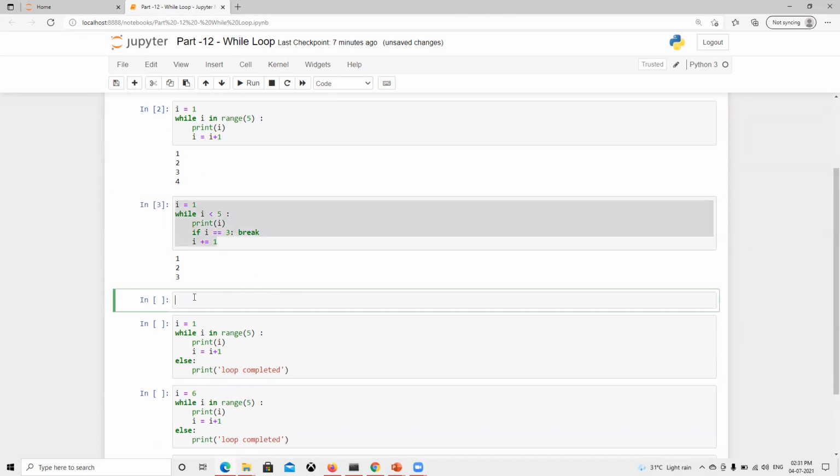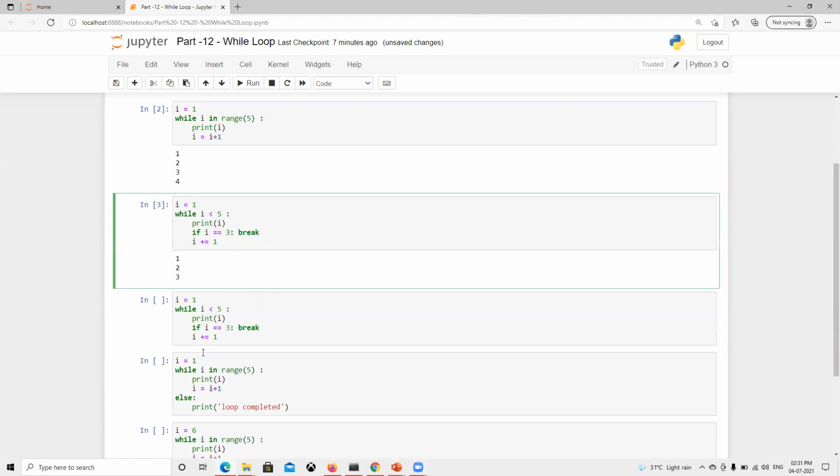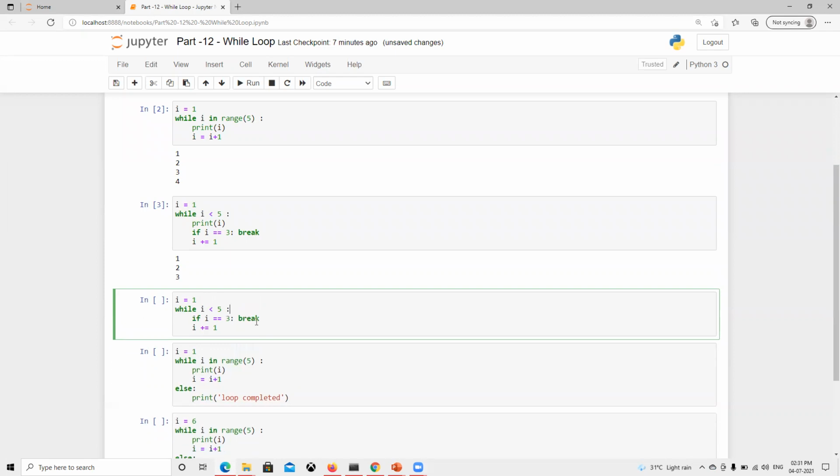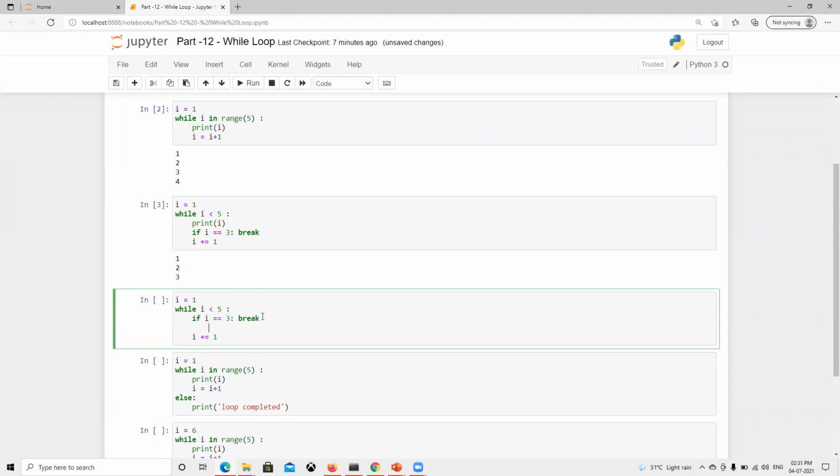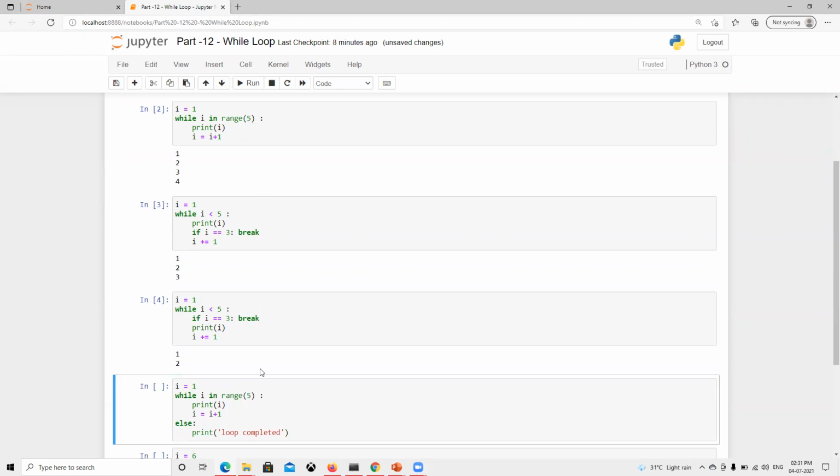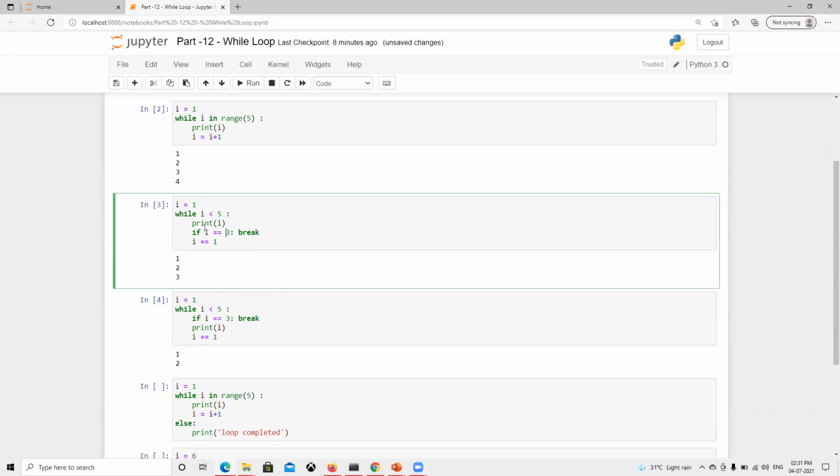So if I want to do the same thing but I don't want to print that number, what I can do is remove this from here and put it here. Let's see how this is going to work. Now what is it doing here? After printing we check the condition, then we break out. But here first I'm checking, if it equals 1, no, then it's going to print, and we know how to write the if statement in one line, so it's not going to come to a second line. So it's checking if it equals 3, then break. Break will break the execution of that loop.